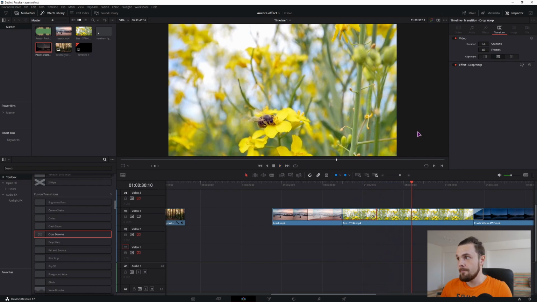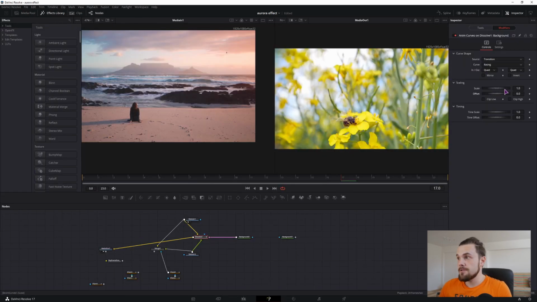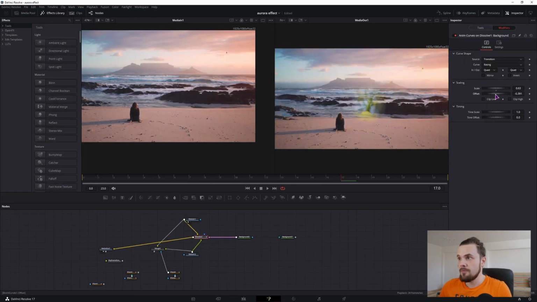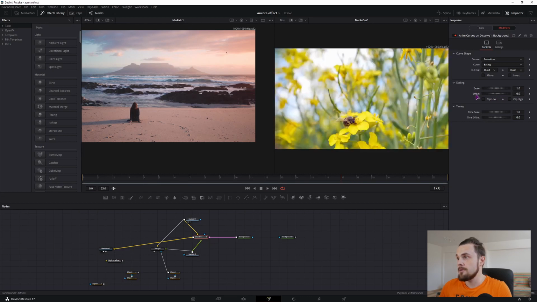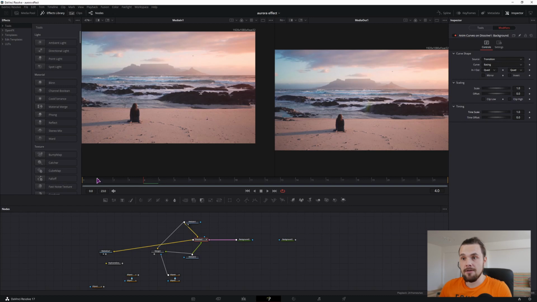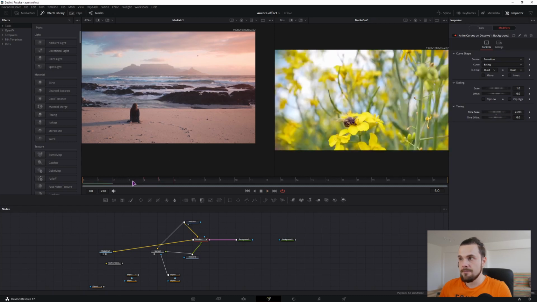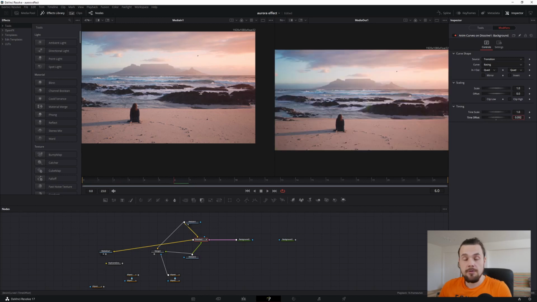You can also adjust the scaling and the offset, but if you made the animation beforehand, you will want to leave these two settings alone. You can also change the time scale, which means how fast the animation will be completed. If you do this at 4 times, like that, the animation is now completed by frame 6. So as you can see, adjusting the offset a tiny bit offsets the animation start.